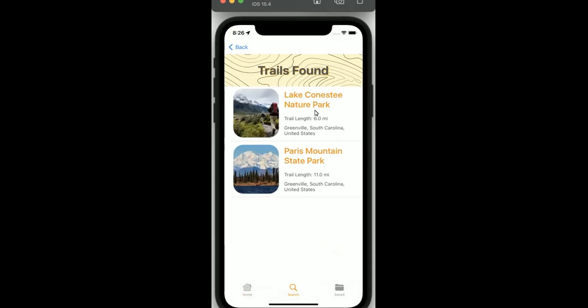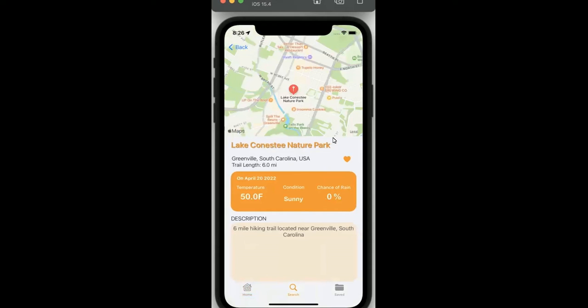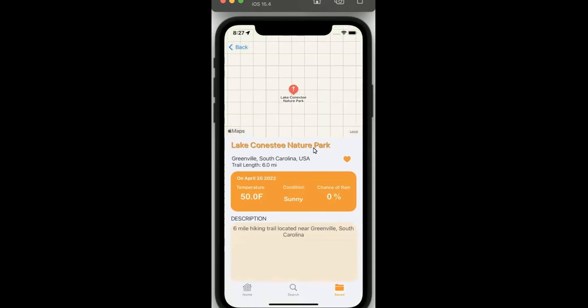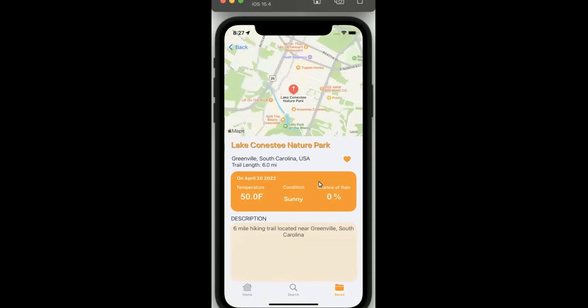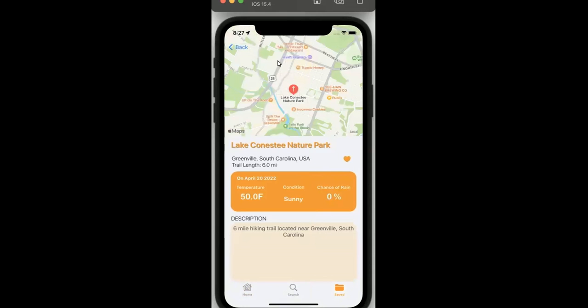from our search query. So Lake Conestee Nature Park, I can click into this and you can see that there's a map view. There's the title of the trail. You can see the whole detail view here with the description and the weather on April 20th. We also have the ability to add this trail to the user's saved page. If you go over to the saved page, you can see Lake Conestee Nature Park is also here on the saved page. And you can see the detailed information there. All right,